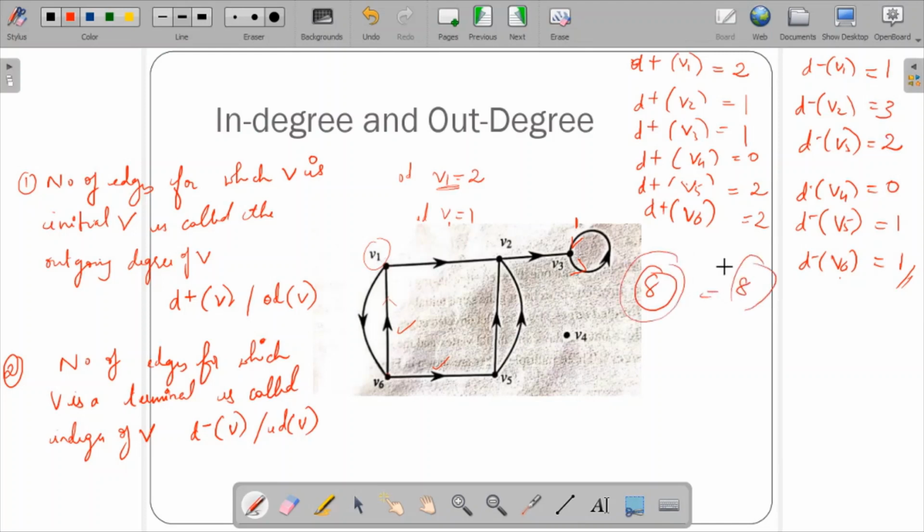So this illustrates the property of digraph theory, the property we had seen in the previous slide. So the total number of edges is nothing but 8 plus 8, that is equal to 16. For example, if the in degree sum is some count of edges m and the out degree sum is some count of edges m, both are equal. The summation of in degree and the summation of out degree are equal to each other.